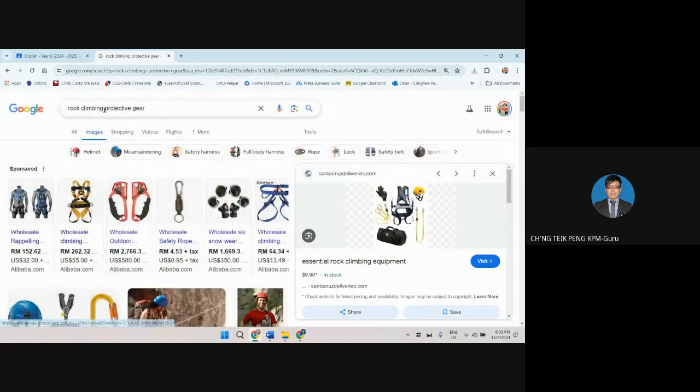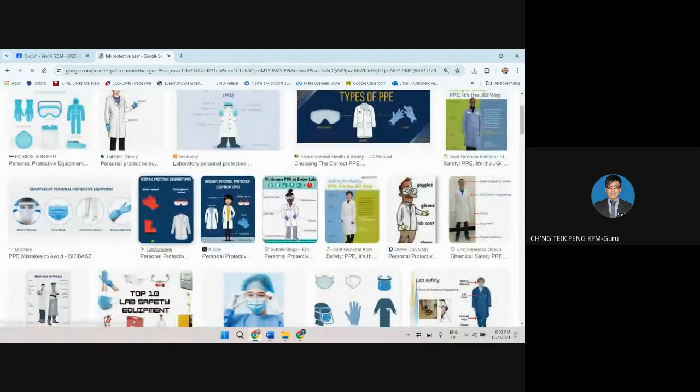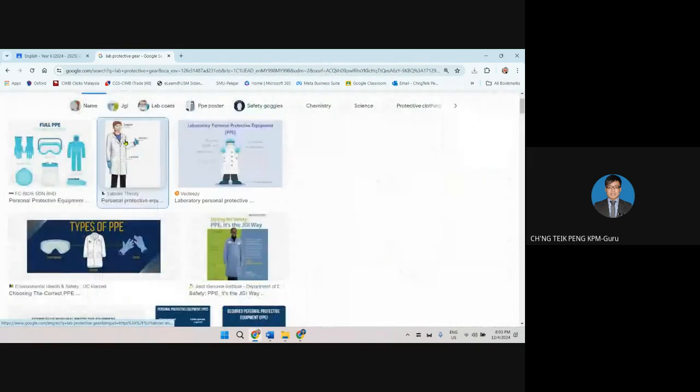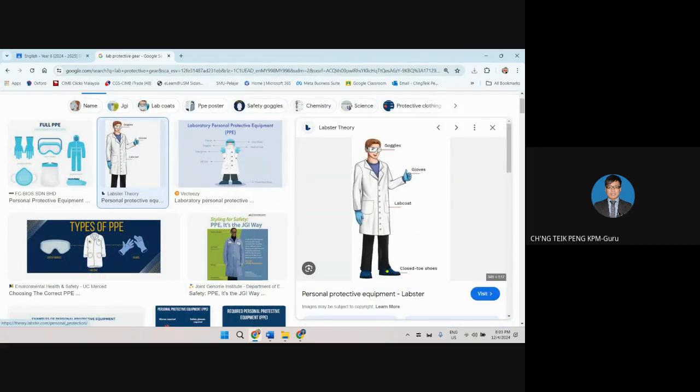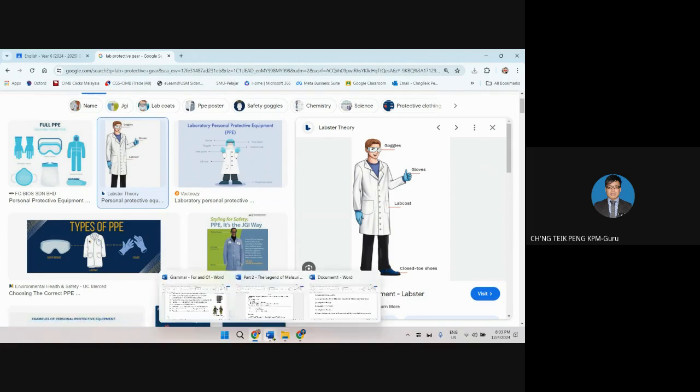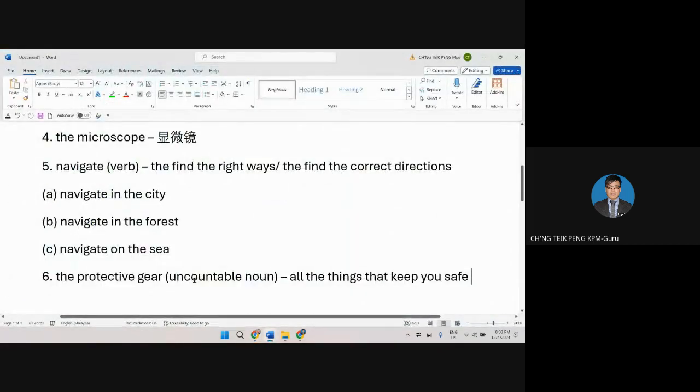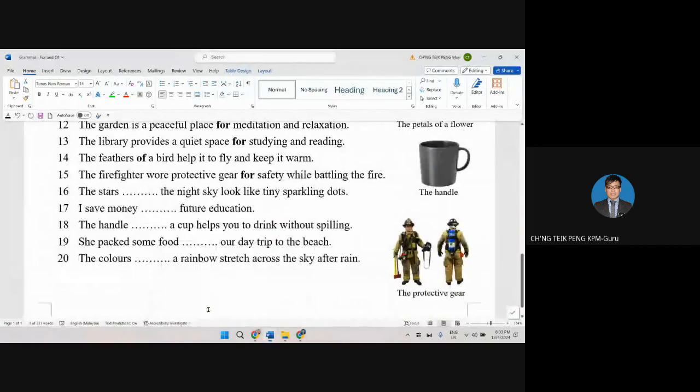And we also have protective gear in the lab. Lab protective gear: you have the goggles, the gloves, the lab coat, and so on. Understand? Protective gear is uncountable. 不能算的. That's why we will never put S here. 没有放 S 的。